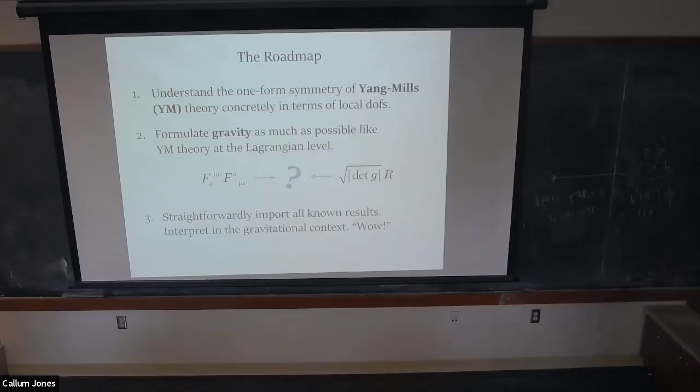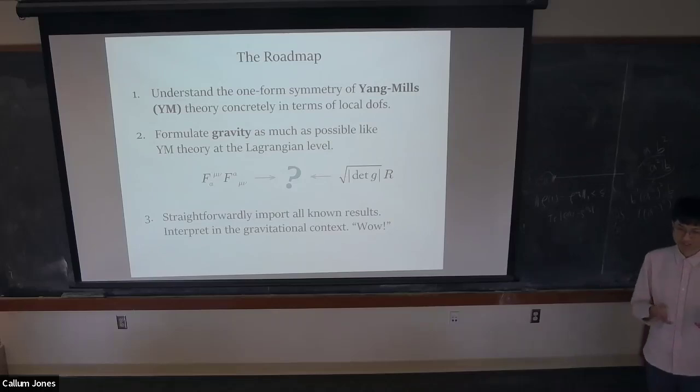So here's the roadmap of this entire talk. First of all, I will very explicitly and concretely explain a better-resolution understanding of the one-form symmetry of Yang-Mills theory. Why do we have to spend so much time on Yang-Mills theory? That's because I will show that the gravitational one-form symmetry could be immediately identified by paralleling Yang-Mills and gravity, and this will sound very interesting to people who know about the double copy theory, actually.